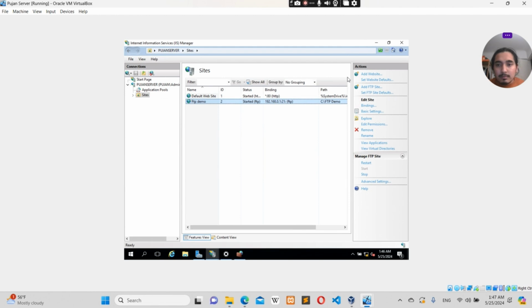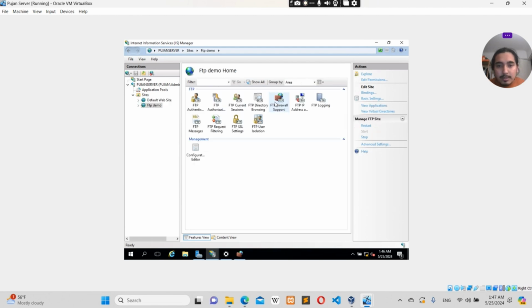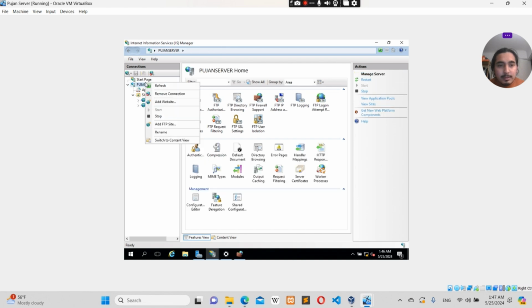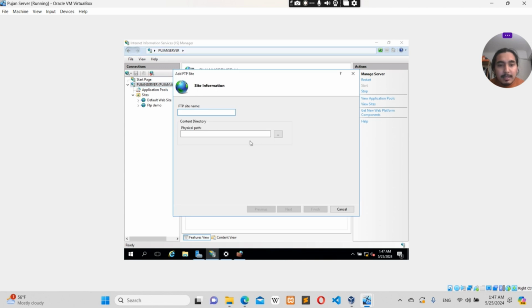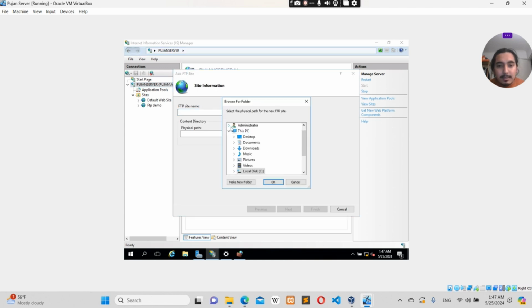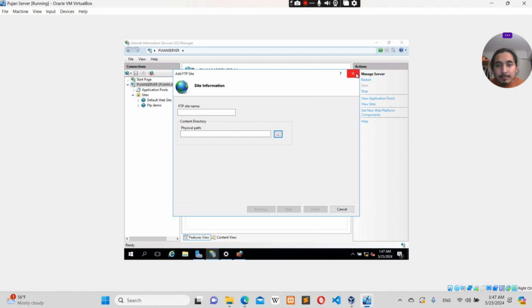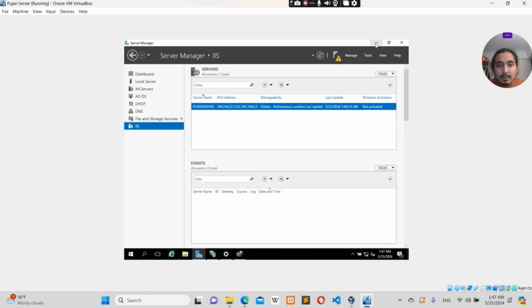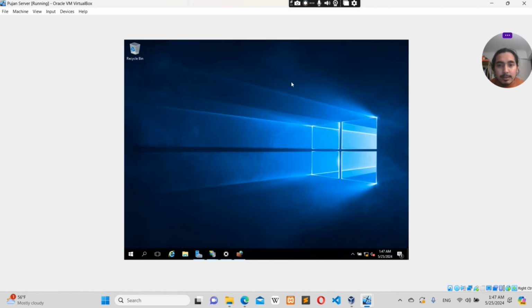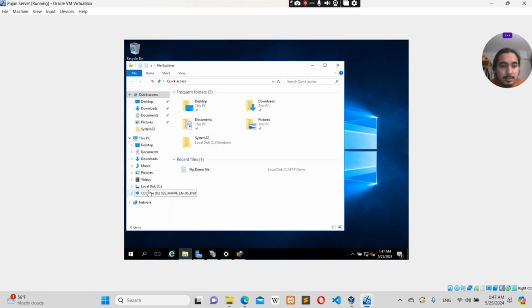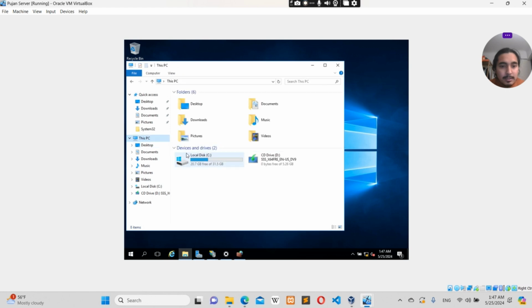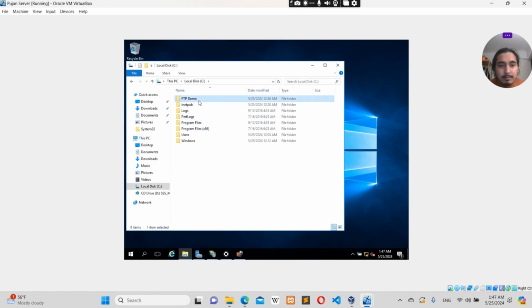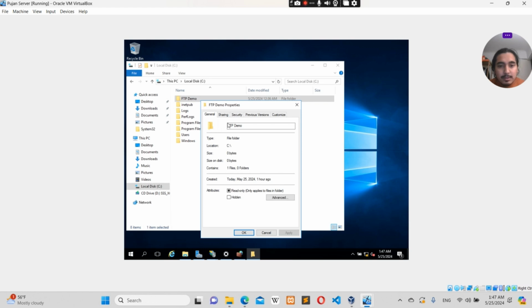How we did this is by going to the server, adding an FTP site, and giving my name and my folder path. Before giving the folder path, I need to create a folder first. The folder that I've created on this server is FTP demo, and for this one we just keep